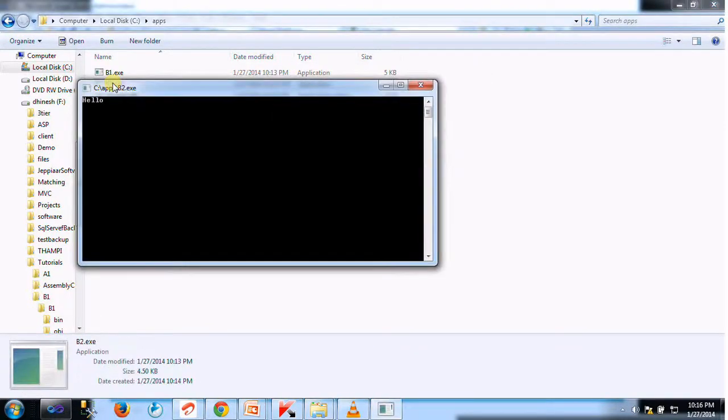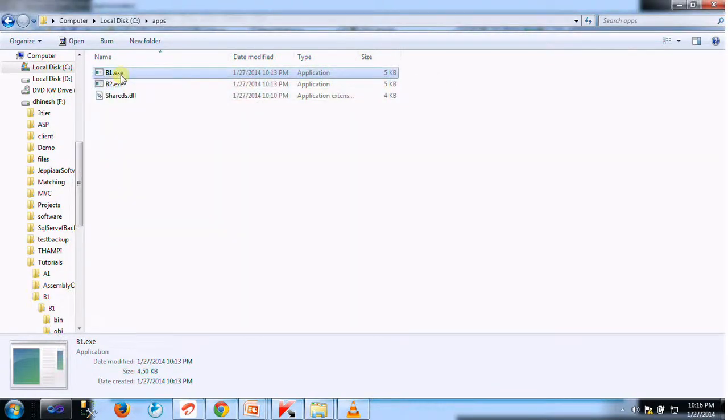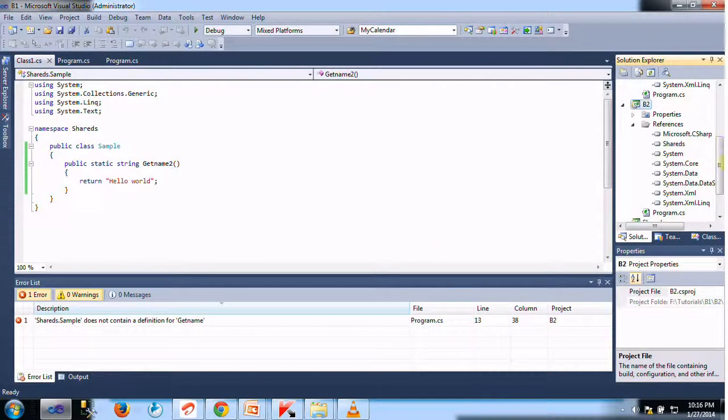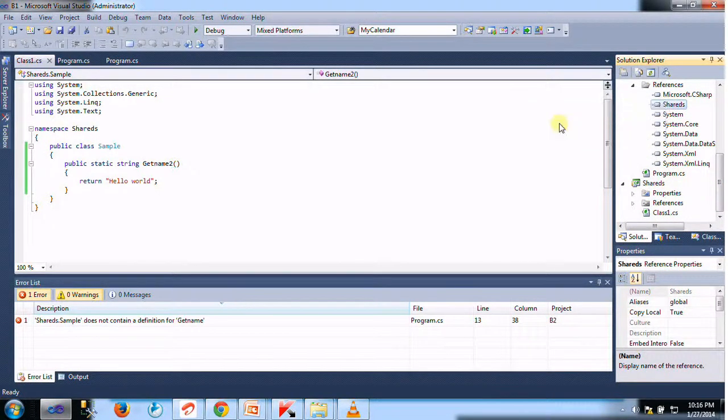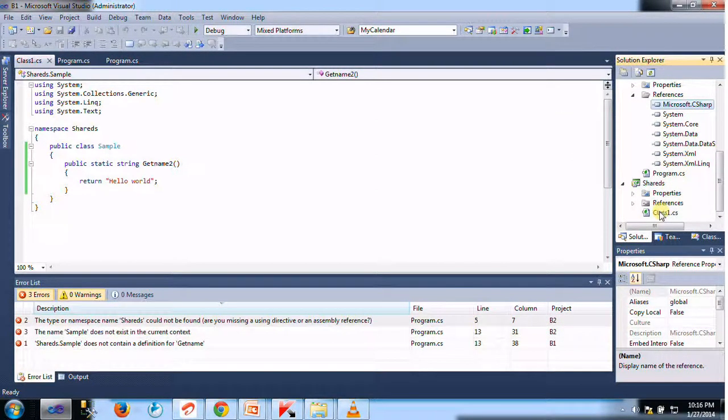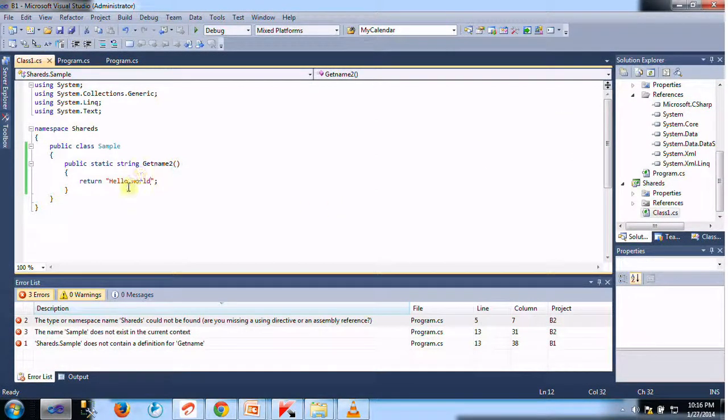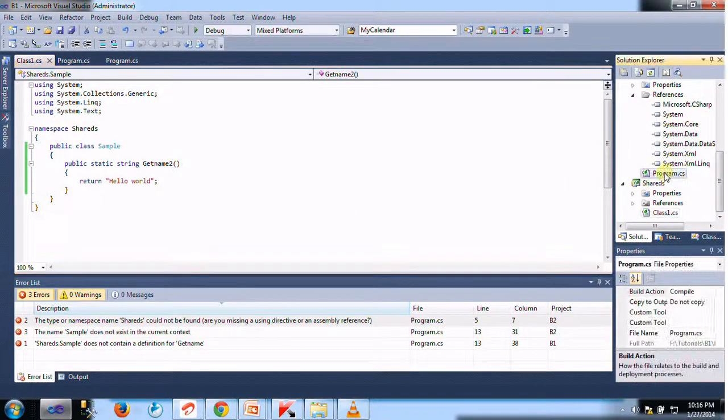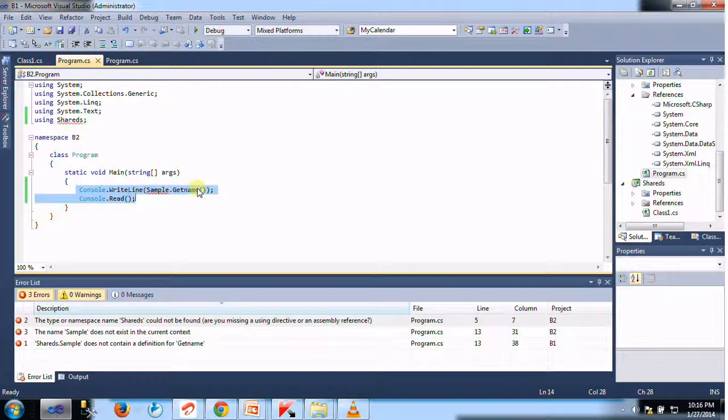Here P2 successfully runs. No, this is not working fine. Here I removed the shared assemblies and quickly changed it to hello world, GetName2, and within my program I call GetName2.